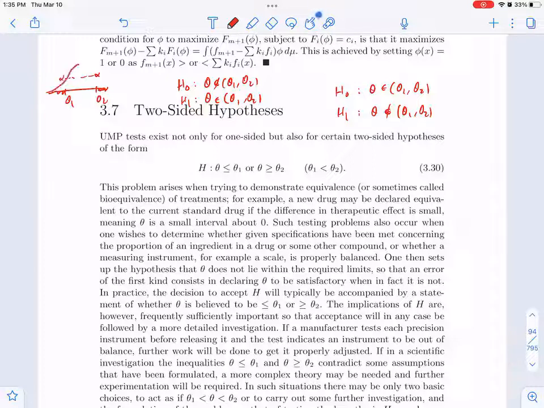So it passes through this point. There's a maximum here. So it has the maximum power over the alternative. At these boundaries, it's going to be alpha, and it goes down. So it has the size alpha. And then if you flip this test,